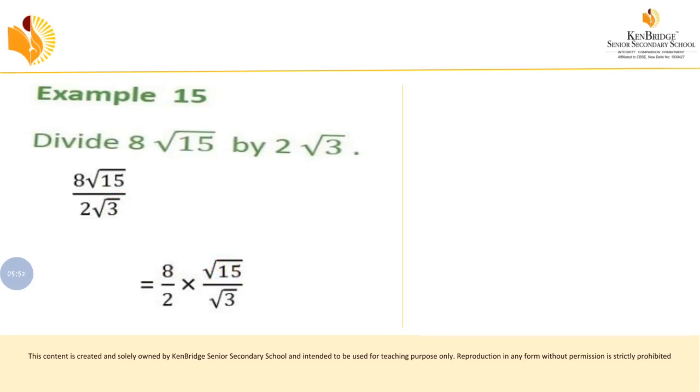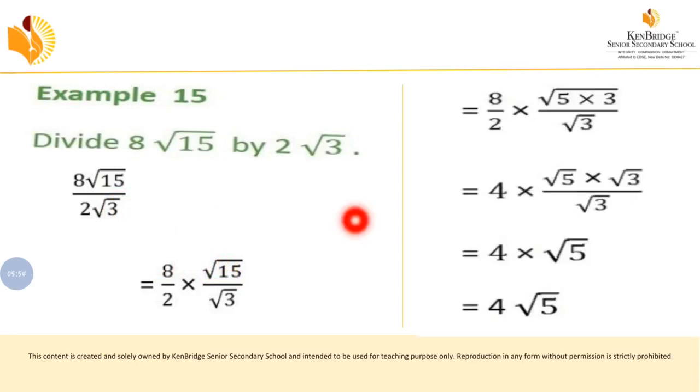So now 8 by 2 it will become 4, okay. That I have shown in the next step. Before that, root 15, don't see the root. Inside the root we have 15, right? So 15 can be written as 5 into 3. 5 3s are 15, because here in the denominator we have root 3, right? For that I have made this numerator also become a root 3. For that purpose I have changed this 15 as 5 into 3, okay. So 5 3s are 15. We have written 15 as 5 into 3, okay.